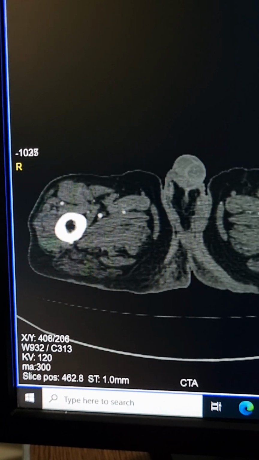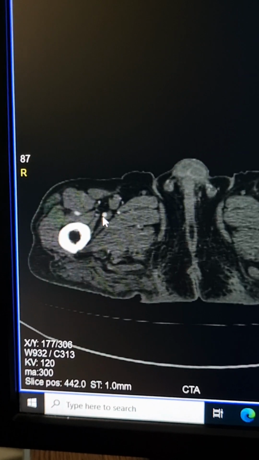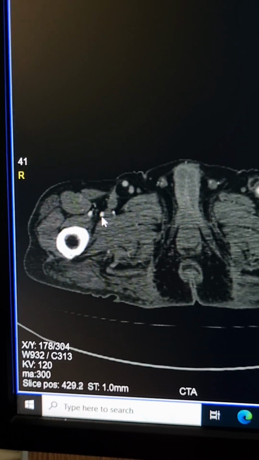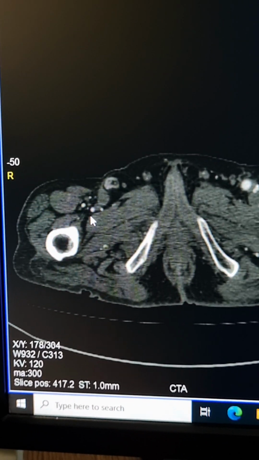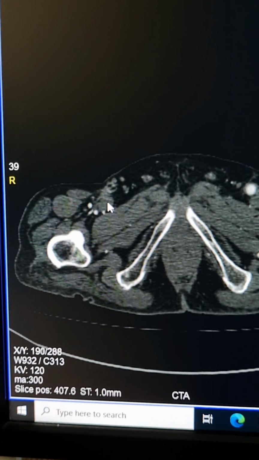It is completely thrombosed. This is the profunda femoris artery. This one is the profunda femoris and its branches. Its lumen is relatively good as compared to the left one. Now this is the